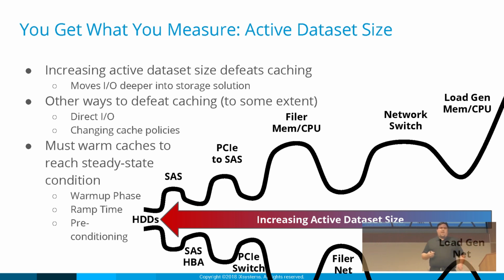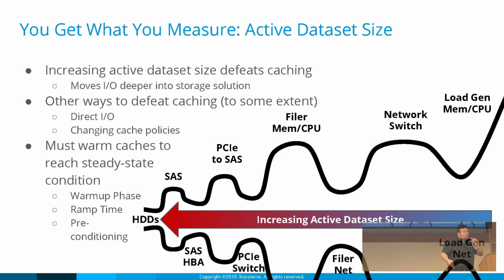And then to add on to that, you have to be aware of your active data set size. Like I alluded to earlier, if you're doing an all cache hit workload, if you're running a performance test against a 1 meg file, and you're not using ODirect on your clients, well, your clients will be more than happy to pull that into memory if you're doing a read test, and you'll get great performance. But because your active data set size is so small, you're only penetrating the entire environment to a very shallow level. So even though you designed it to be bottlenecked on hard drives, because of how the test was configured, that's not actually your bottleneck because you're just not reaching it as you go through the I/O stack.